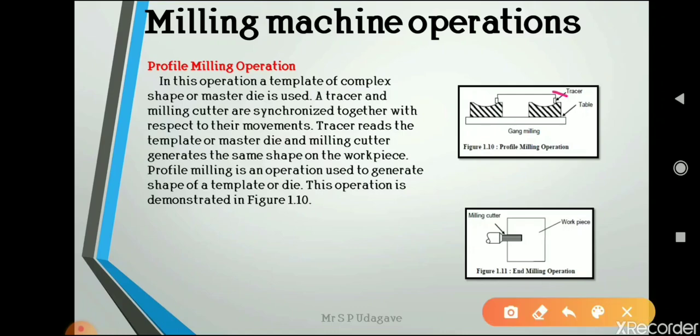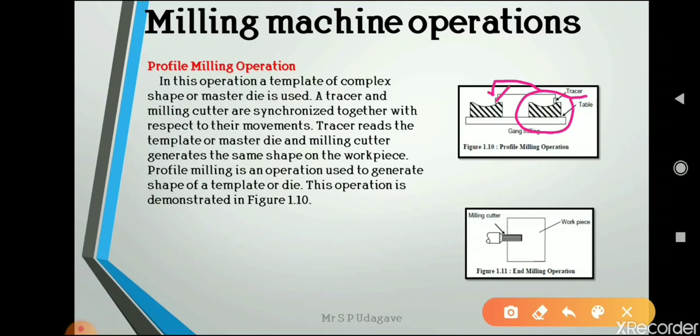You can see this is a standard die. We can use the tracer, connected through a cable with the cutter, and the tracer gives a path synchronized to both the cutter and the tracer. The tracer reads the template or master die, and the milling cutter generates the same shape on the workpiece.